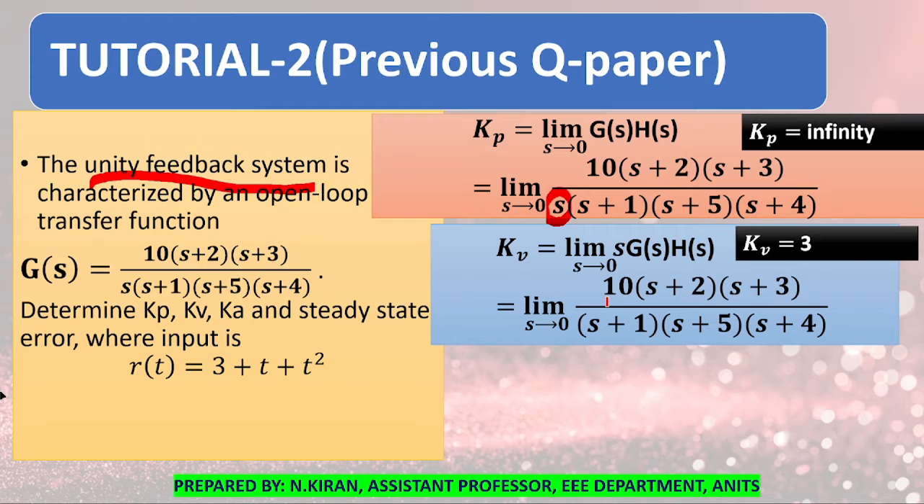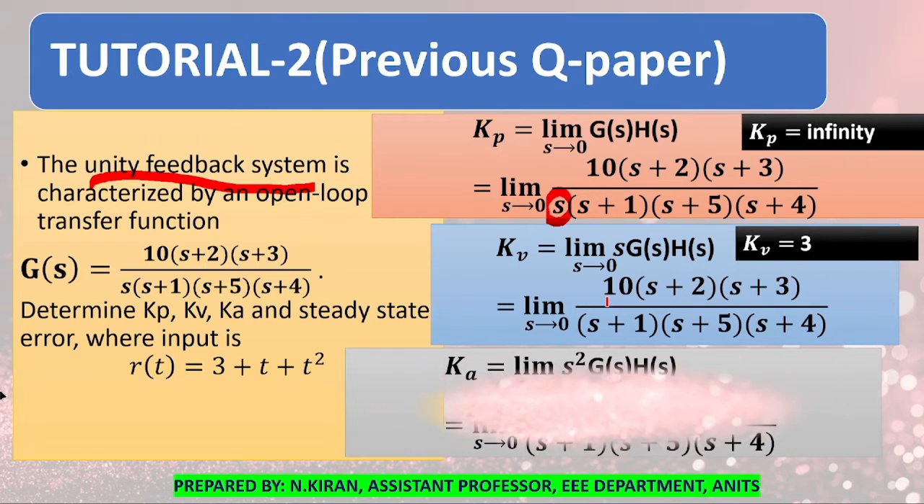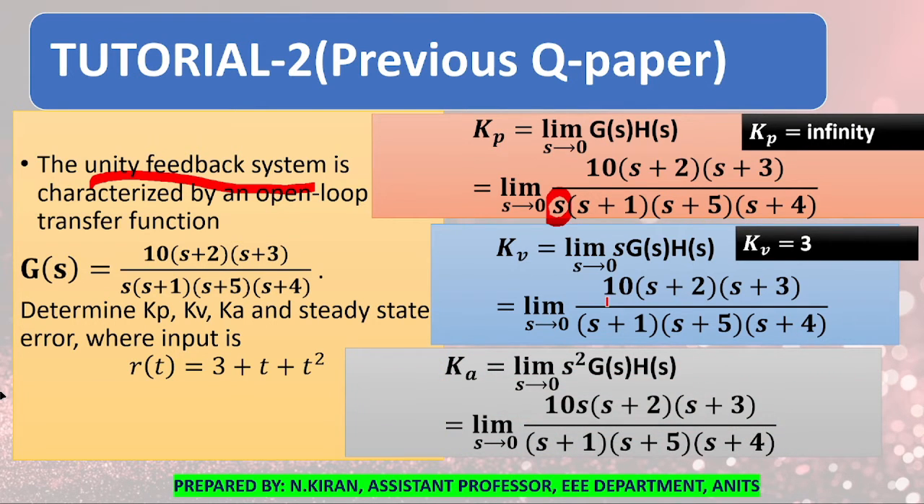And lastly, Ka, according to the definition, is limit s tends to 0, s square into g of s into h of s. So this will give the value of Ka as 0, obviously, because there is an s term in the numerator, so upon the substitution of s equal to 0 will make the value of Ka as 0. So now